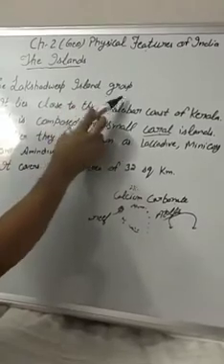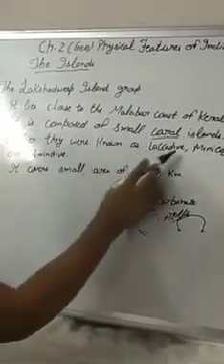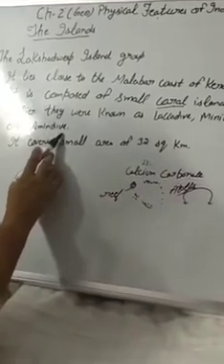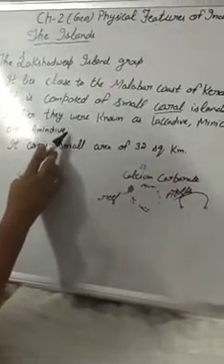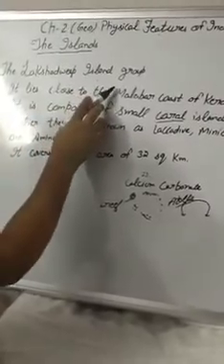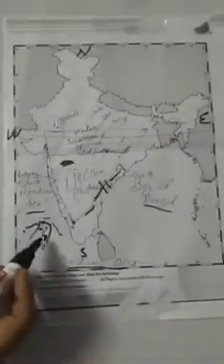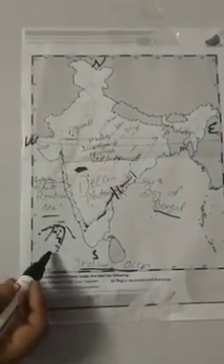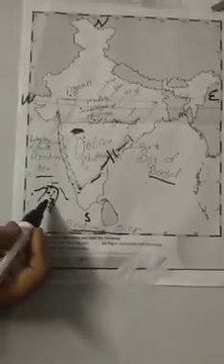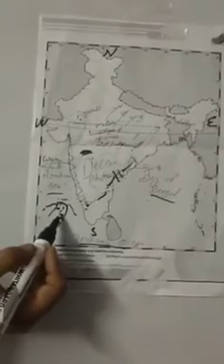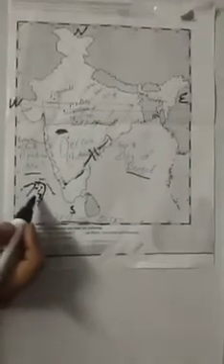The next feature of the Lakshadweep Island is that earlier they were known as Laccadive, Minicoy and Amindivi, but in 1973 they were renamed and are known as the Lakshadweep island group. This island group covers a very small area, only 32 square kilometers. Kavaratti is the administrative headquarters of the island, and it also has Pitti island, because the island is rich in flora and fauna, and Pitti island is an uninhabited area where we find only tribal people, and so that island is known as a bird sanctuary.